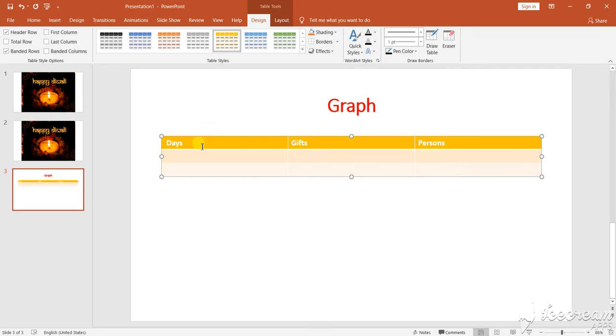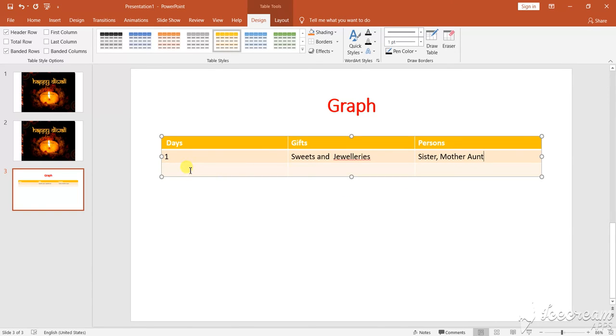So whom to give? Suppose day one. Gift, suppose sweets and jewelries. Person whom to give, suppose sister, mother, auntie.